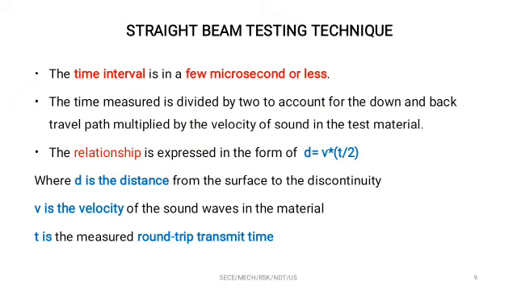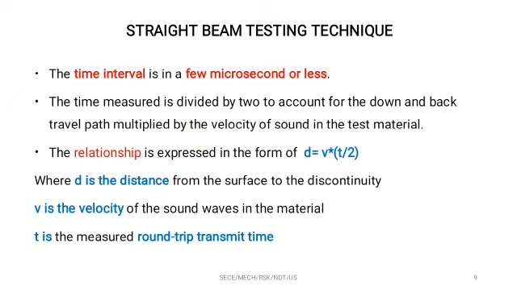and usually the time for this whole process, passing through the workpiece, encountering any defect if present, then returning back to the transducer, involves only a few microseconds or even less. The time measured is divided by two to account for the down and back travel path. Down represents the transmission of the sound waves from the transducer to the work material or test specimen, and back travel represents the return of sound waves from the material to the transducer,